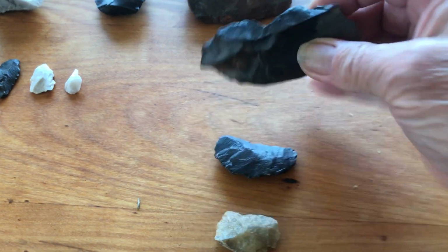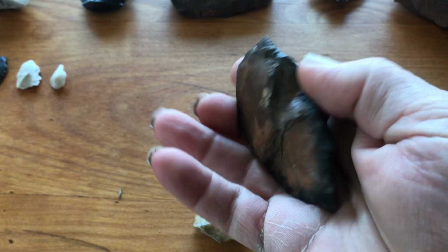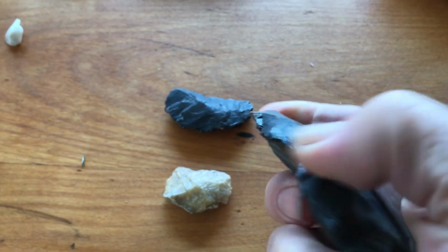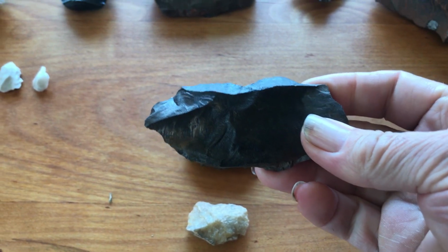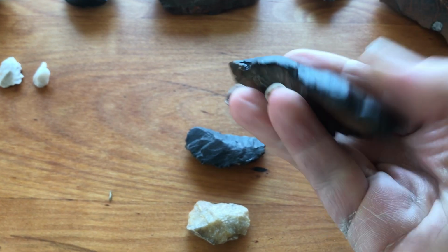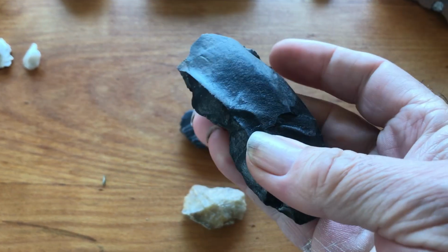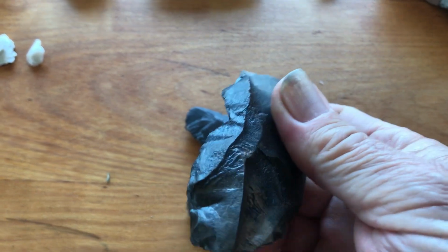this really didn't get flaked by someone who had a lot of strength. I try to put my hand around it, it's way too small, and I just get a feeling of sadness when I look at that. Person didn't have, they just had to pick up a piece of scrap that other people had discarded maybe, used it for some kind of a braiding,